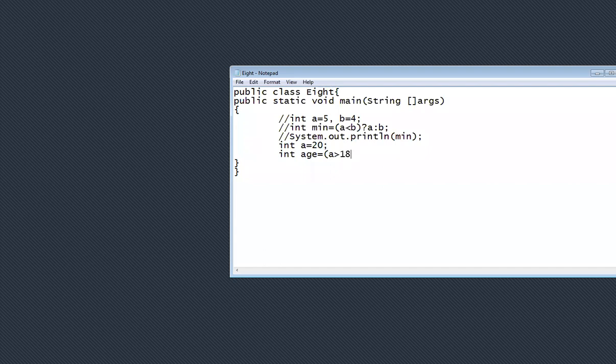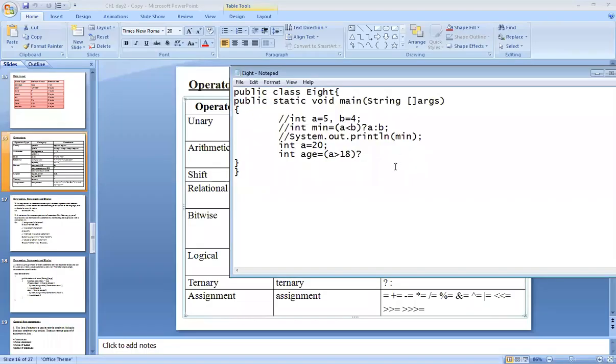If age is greater than 18, then after the question mark write one sentence. Yes, what will be that sentence? Eligible for blood donation. Right.